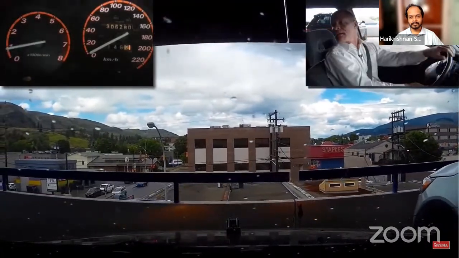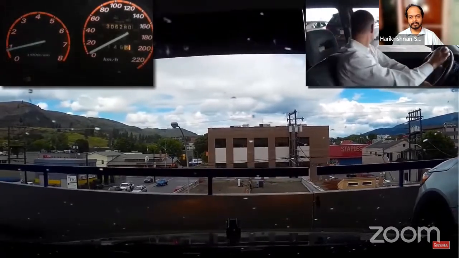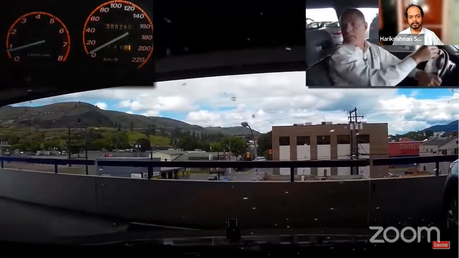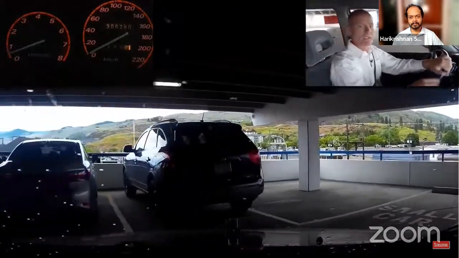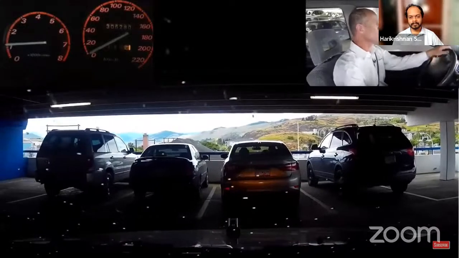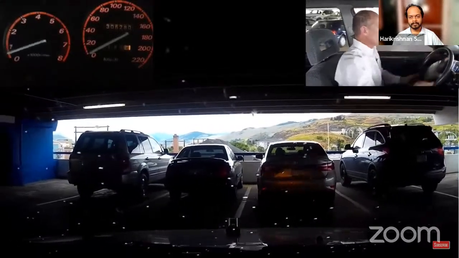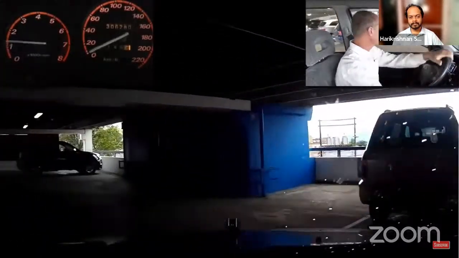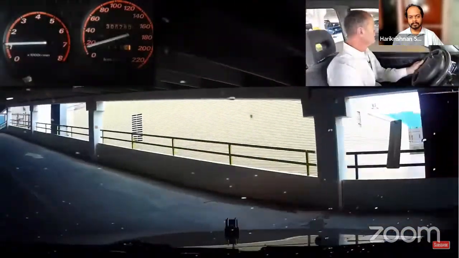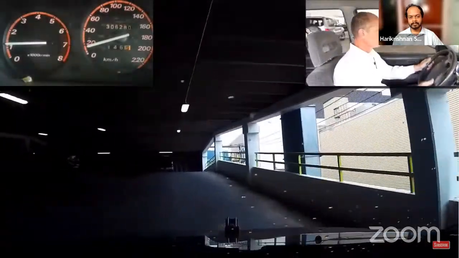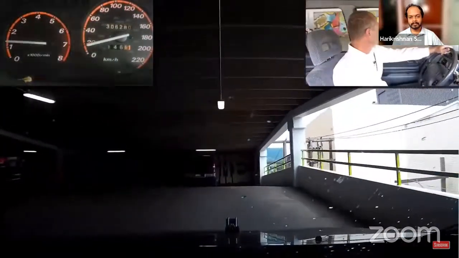over on that side, I can't see, so I'm going really slowly. 360-degree scan, lots of looking, but going very slowly in these car parks. And again, as I said, the key to this is going slowly, because the slower you go, the sharper the vehicle turns. So we'll just go up to the roof. We'll do a U-turn and come back down just to show you the top of the car park, or the